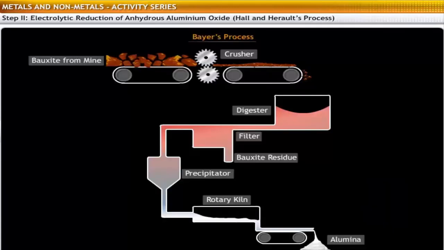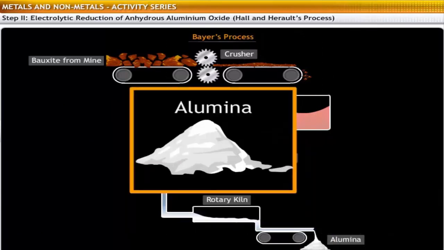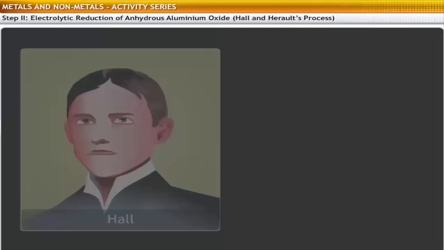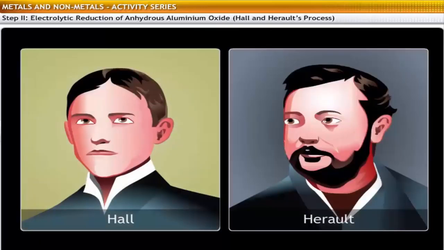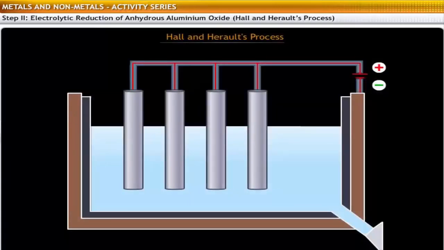The second step in the extraction of aluminium is the electrolytic reduction of alumina, obtained using Bayer's process. This is done through Hall and Herold's process. Hall and Herold developed the process independently. The electrolytic cell used in this process has the following components: